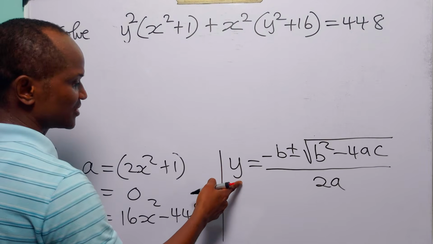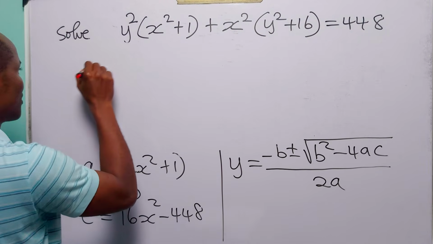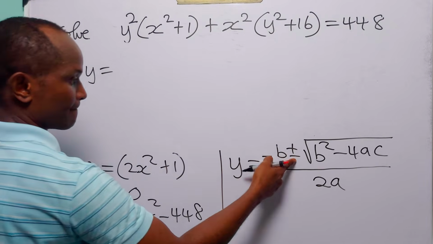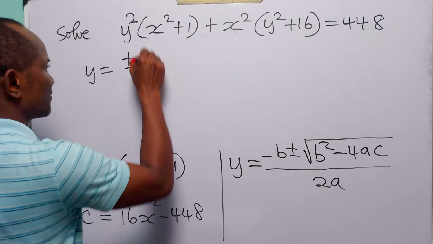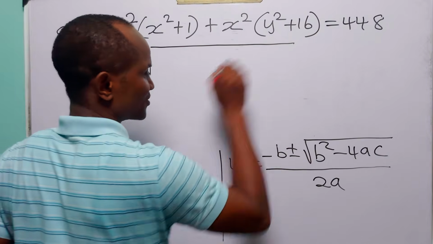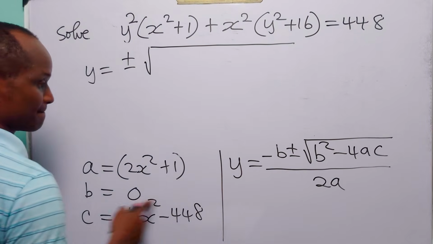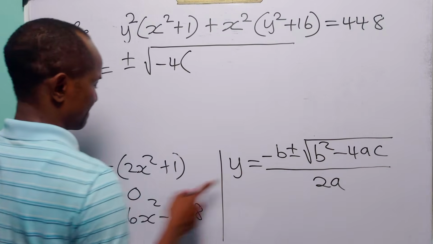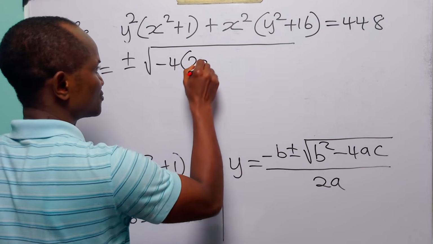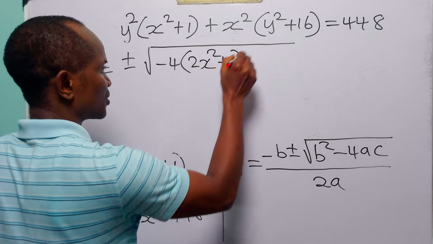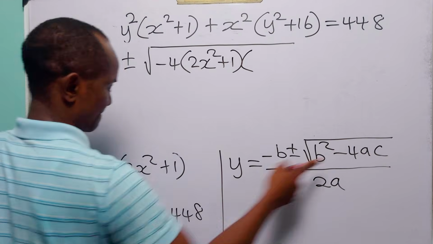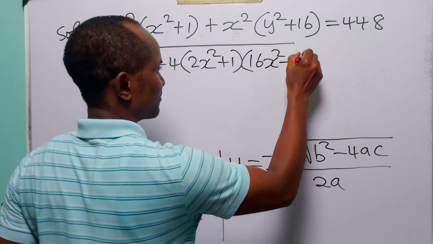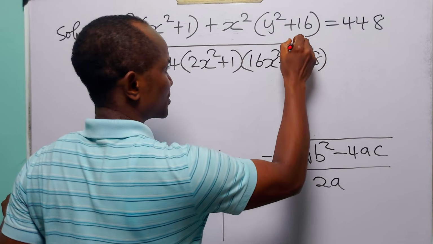And substituting into this equation, we have that y is equal to plus or minus the square root of minus 4 times (2x squared plus 1) times (16x squared minus 448)